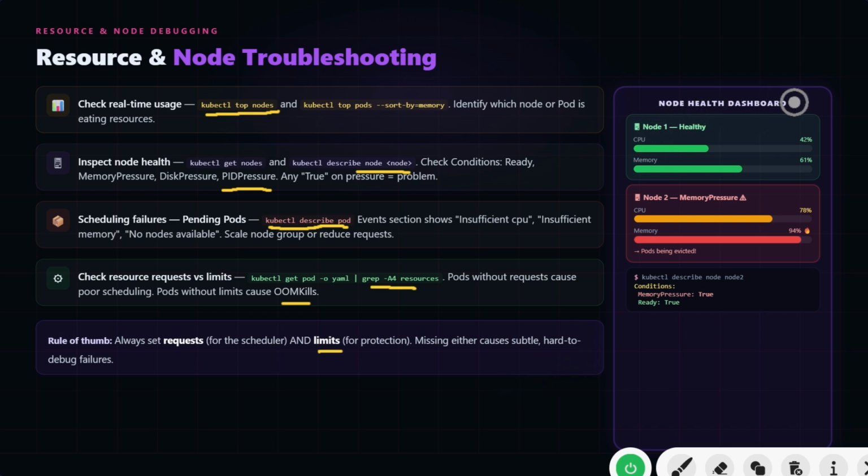So here is how exactly the node health dashboard looks like. Node 1 is healthy, node 2 has CPU and memory at 94 percent usage, and that can be evicted. Okay, so